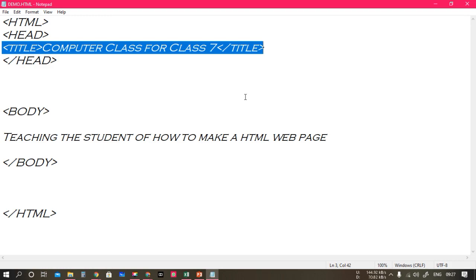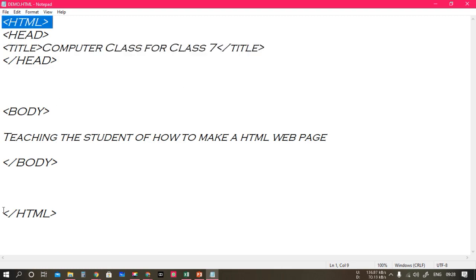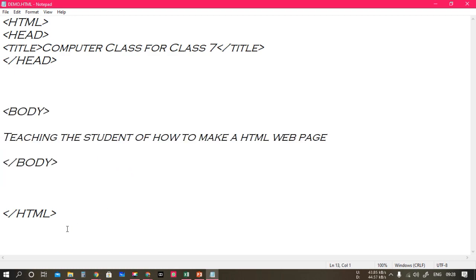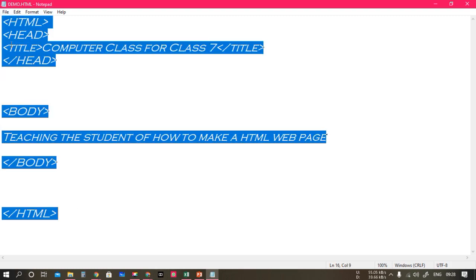If they ask you how to design an HTML, just give this one and this one. If they ask you what you can type in the body, this much content. And if they ask you to write the full HTML command, you have to write each and everything.